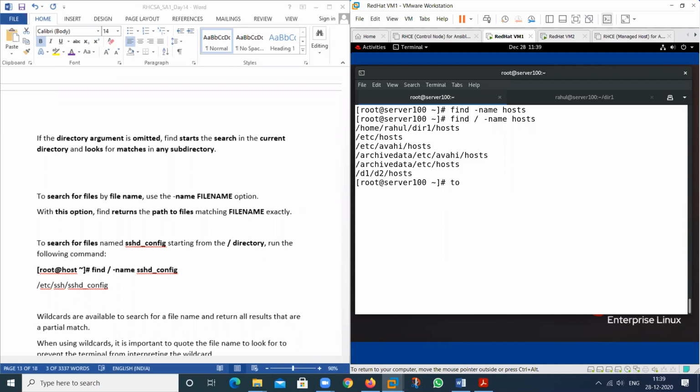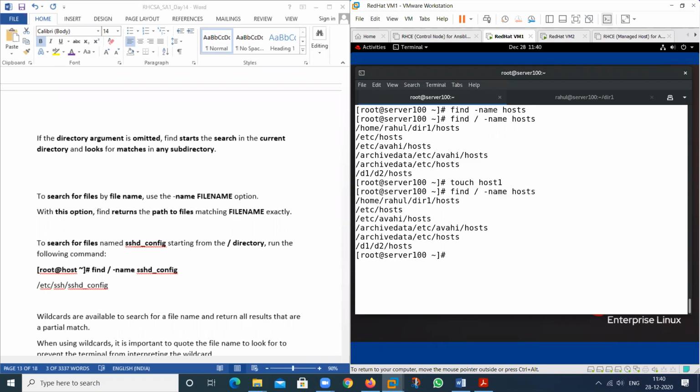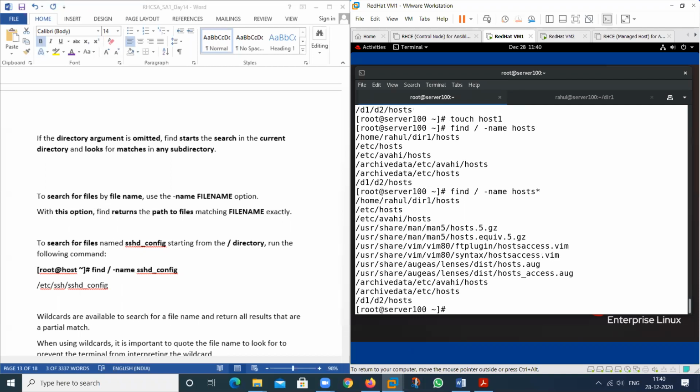If I create a file host1, see the result again. It also searches which particular file. Just provide star here related to that, starting with host1. So where is my host1?